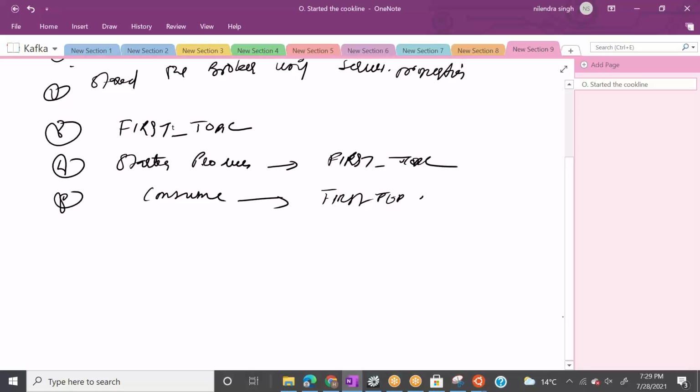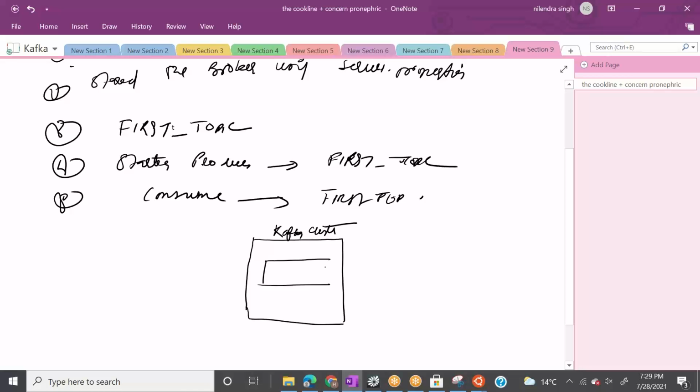Now what is going on behind the scenes? If we compare it to the Kafka ecosystem, it works like this. This is your Kafka cluster. Inside this Kafka cluster, you have broker 0, only one broker.